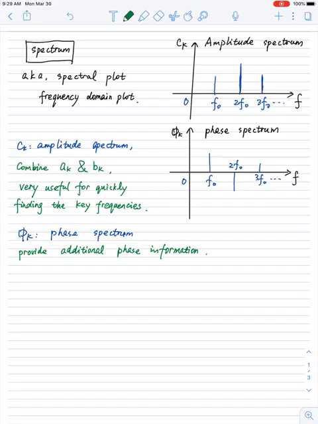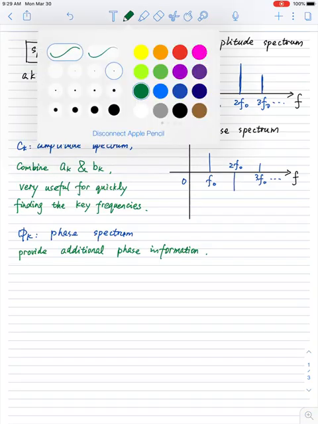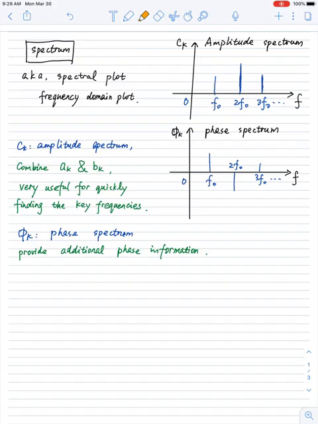And this additional phase information is not really contained in ck. Now, if we look at